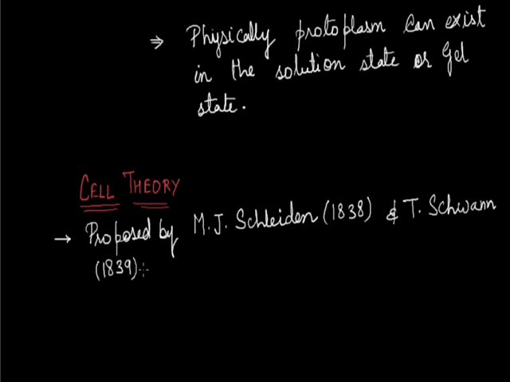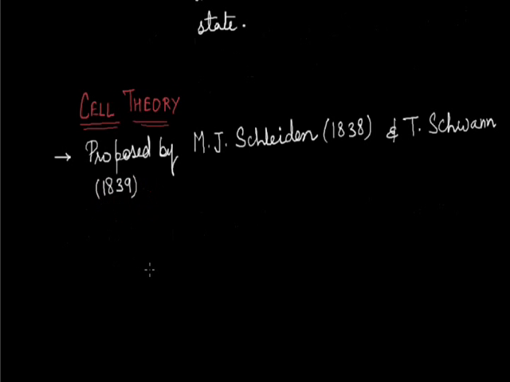Both these scientists proposed the cell theory independently, individually in different years, but the basic components of this theory were the same. So the theory was combined together and formed a single cell theory, and the basic components of the cell theory is that, or basically it states that